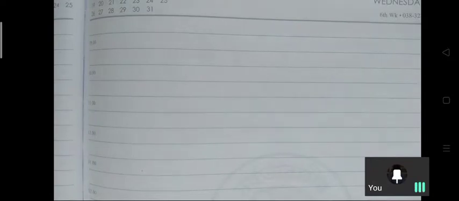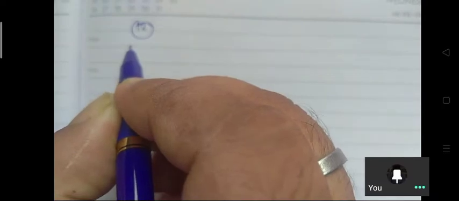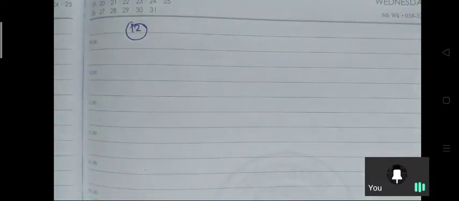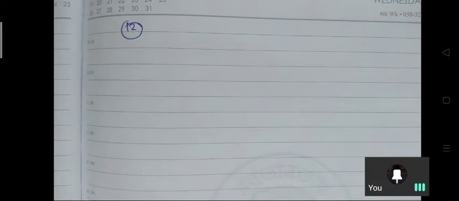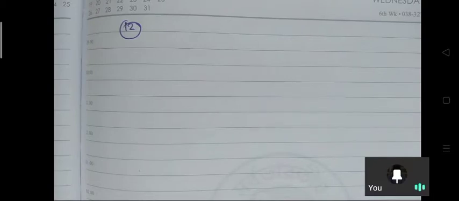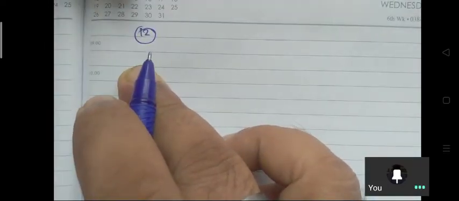Students, you have asked question number 12 from exercise 3A. Okay, let's see. Question number 12. Exercise 3A. The cost of a pen is rupees 16 whole 3 by 5 and that of pencil is 4 whole 3 by 4. Which costs more and by how much? The pen cost is given here. Okay? We will write cost of a pen. Okay? Cost of a pen.